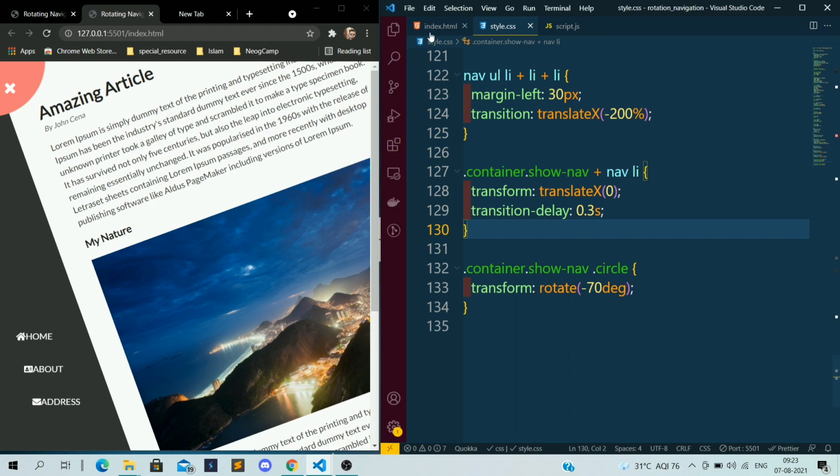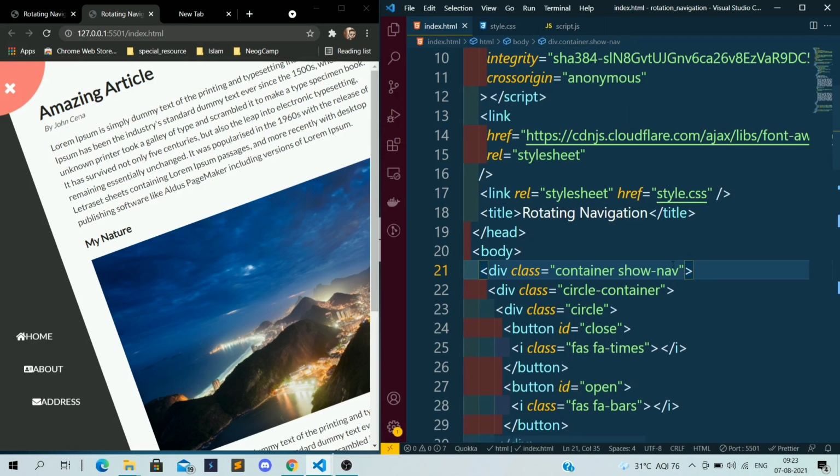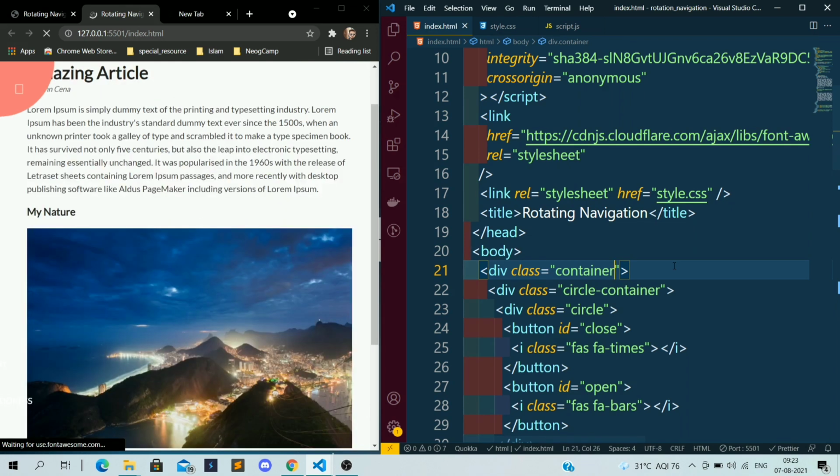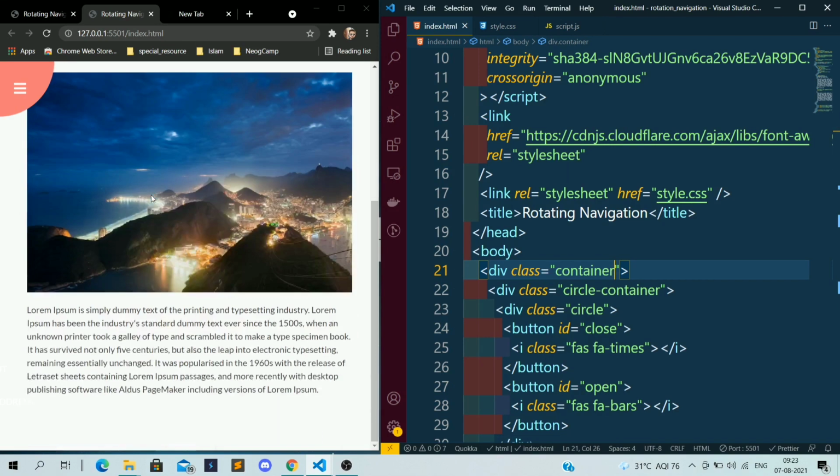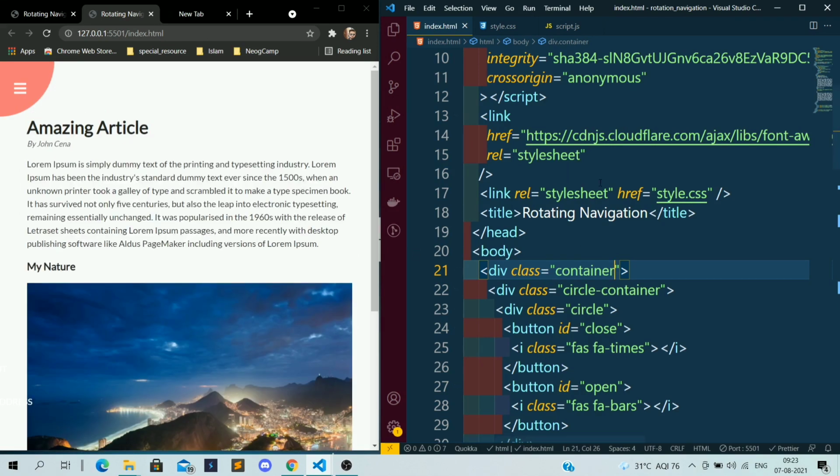But if I remove this show nav bar from here, we are seeing the normal. So now I want to apply this show nav bar class using JavaScript. If we click on this button, then only we want to add the show nav bar, and if the nav bar is there, it will rotate by some degree.